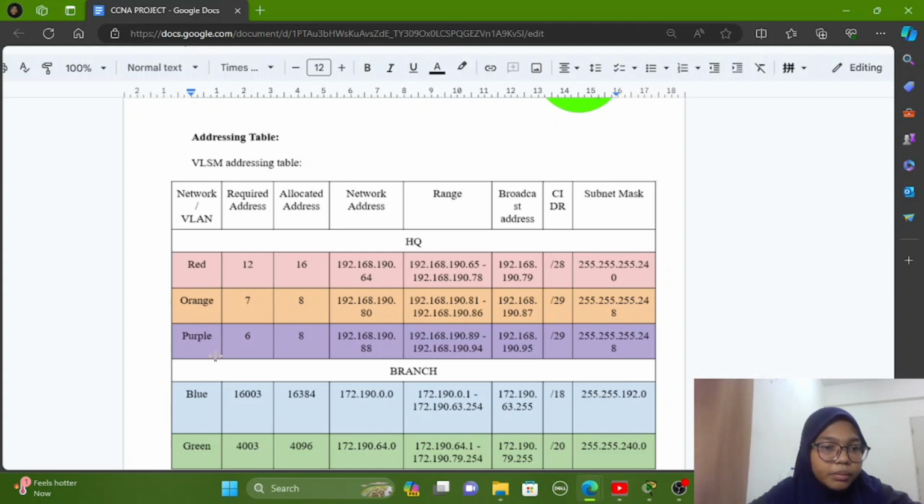255.255.255.248. For the purple network, it required 6 addresses. So the allocated address is 8, where the network address will be 192.168.190.88. The range will be 192.168.190.89 until 192.168.190.94. The broadcast address will be 192.168.190.95, where the CIDR number is /29 with subnet mask